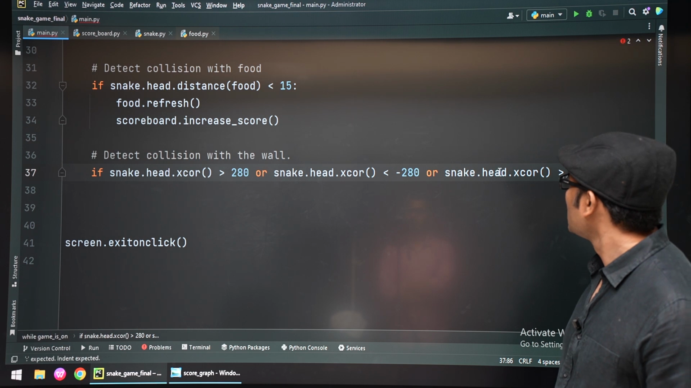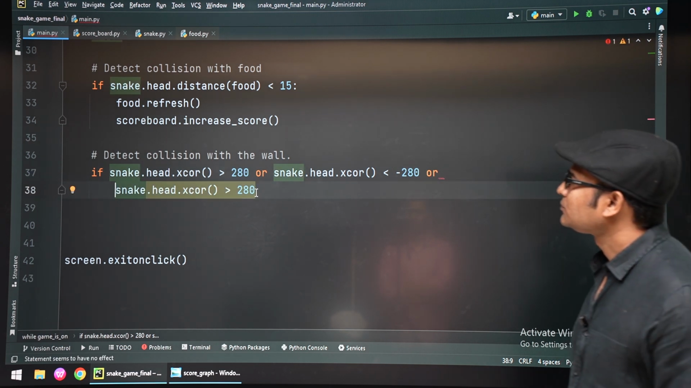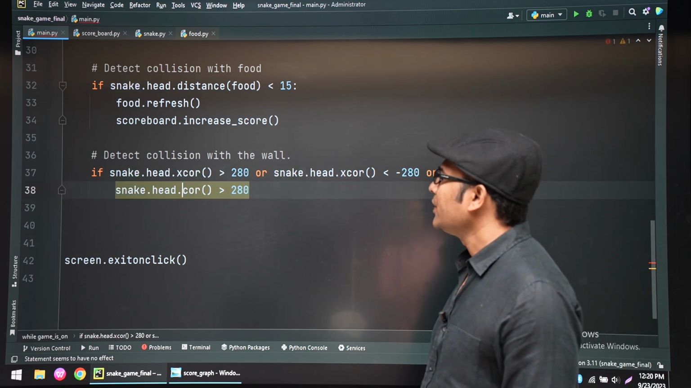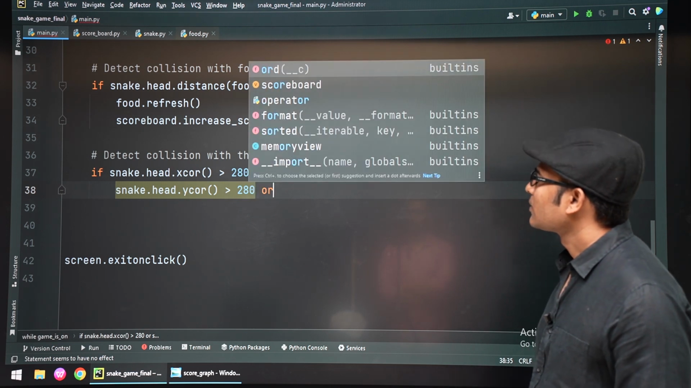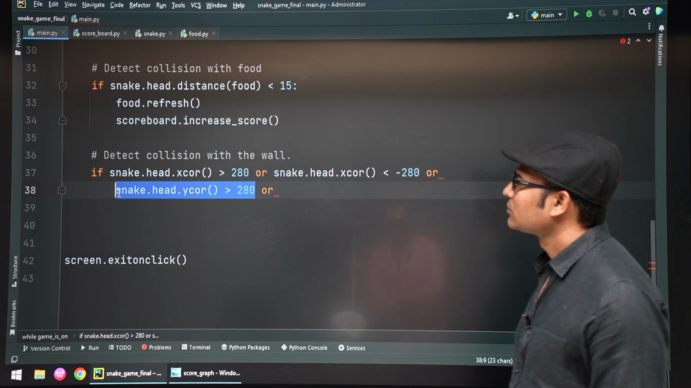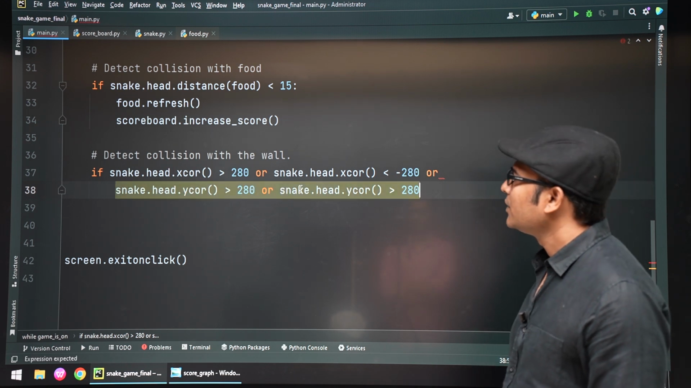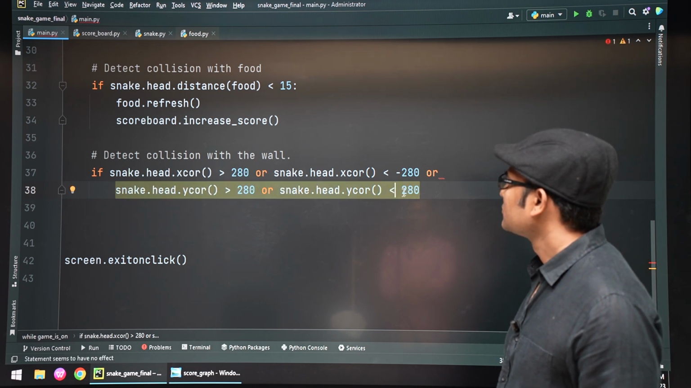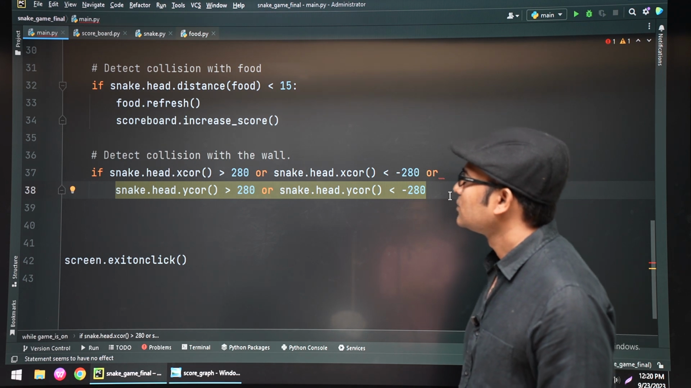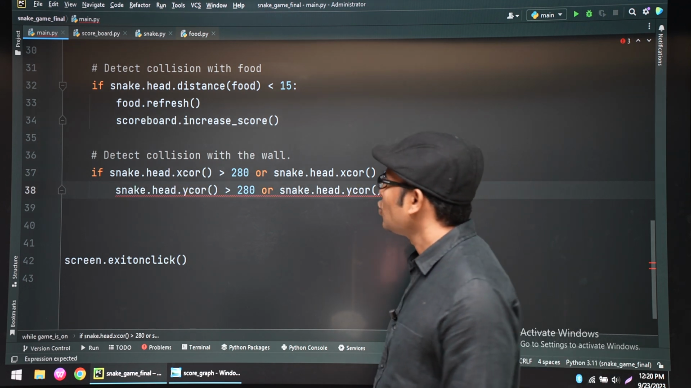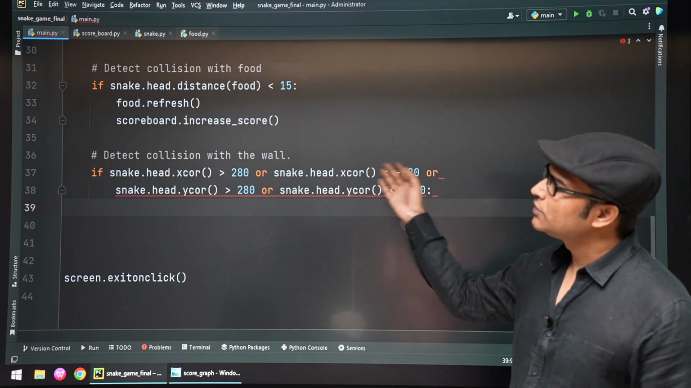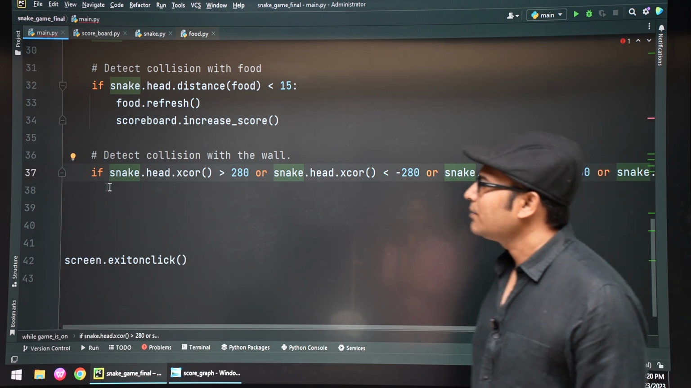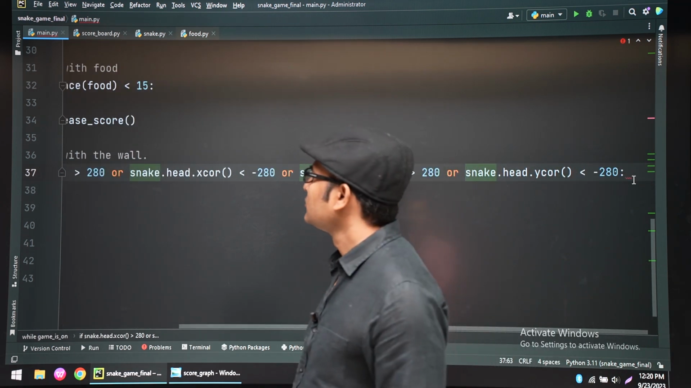or the y coordinate is greater than 280 or less than -280. Now if it happens, we want to stop the game. If there is an error, try to put them in one line, no problem. So now if any of the 4 conditions is true,